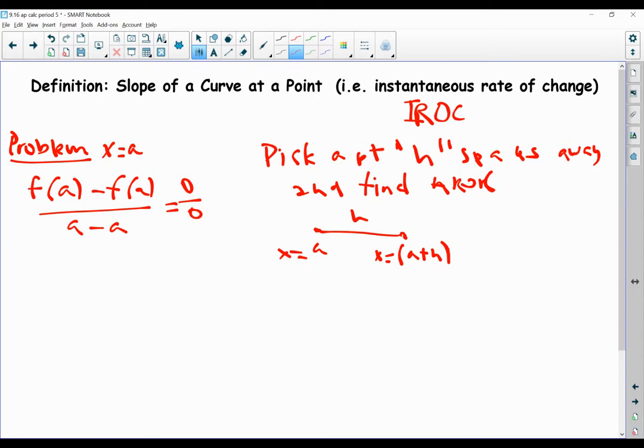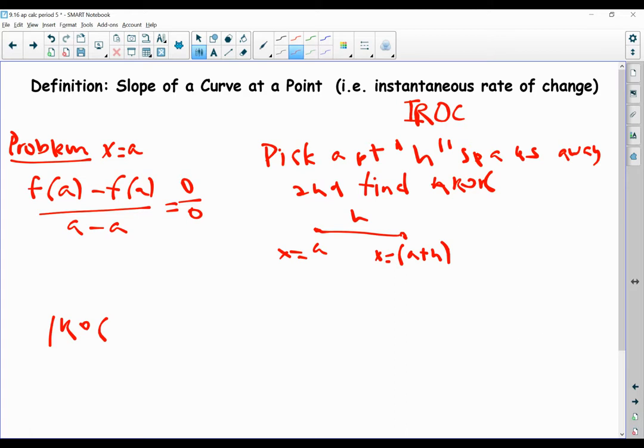Now, what I'm going to do is I'm going to say, okay, I can't actually have no distance between those points, but I want to find the intention if that distance decreases till nothing. So we're going to find the intended value of the slope as the distance draws closer and closer and closer until there is no distance between the 2 points left, which means that H value is going to approach 0. So technically, if H is 0, we would have f of A minus f of A if I was finding the slope. So to find the IROC,